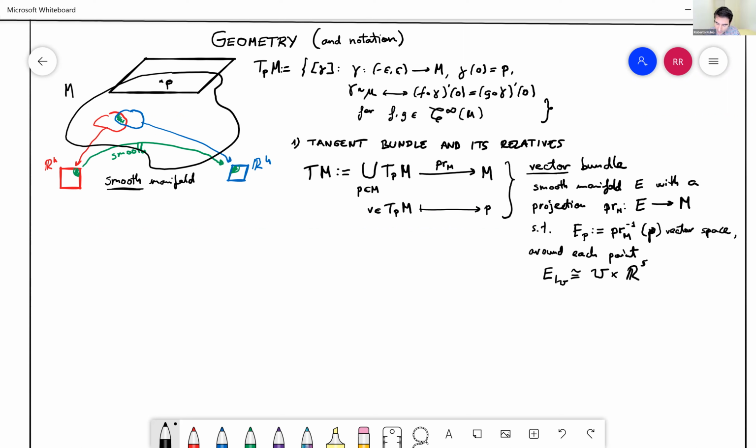And what happens is that, in the same way that the charts for a smooth manifold were compatible because the change of chart was smooth, here the changes of trivialization are also linear. Okay, we won't be using all the details of this definition, but the most important thing is to know